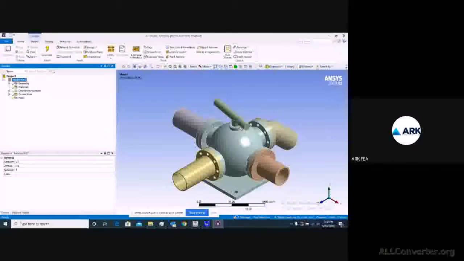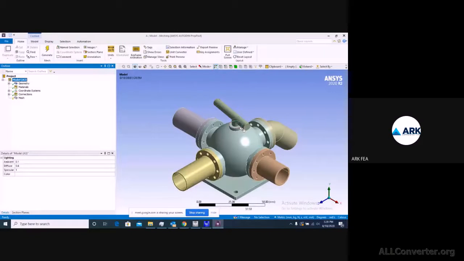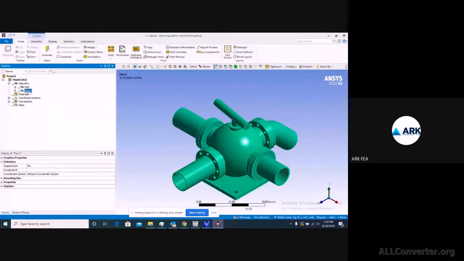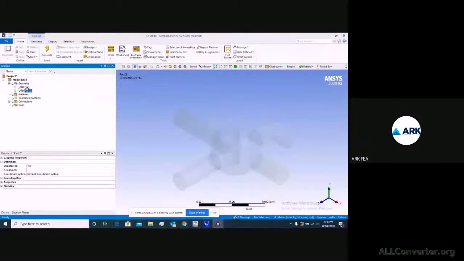Yeah, so this is the valve geometry you can see here. And for this one, we'll just suppress this solid body, and we have this existing part with us.